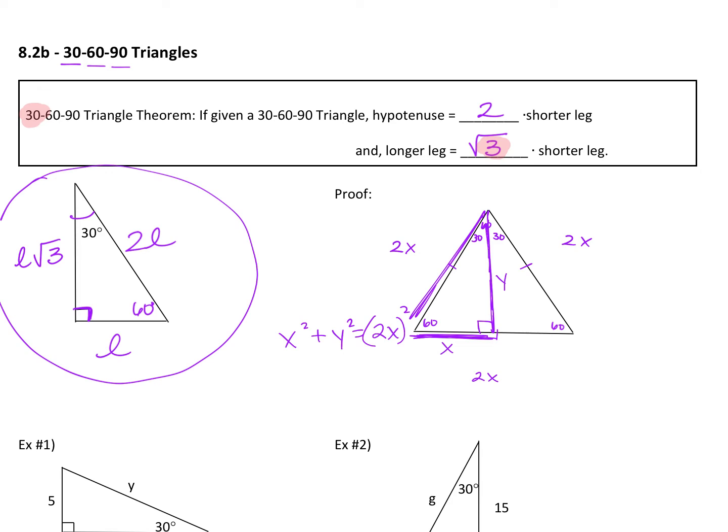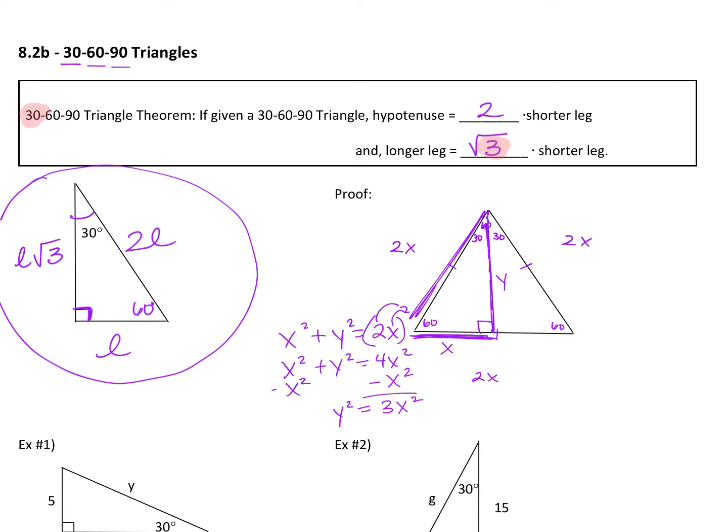Well, if I simplify that, this would be x squared plus y squared equals 4x squared, because we've got to square the 2,